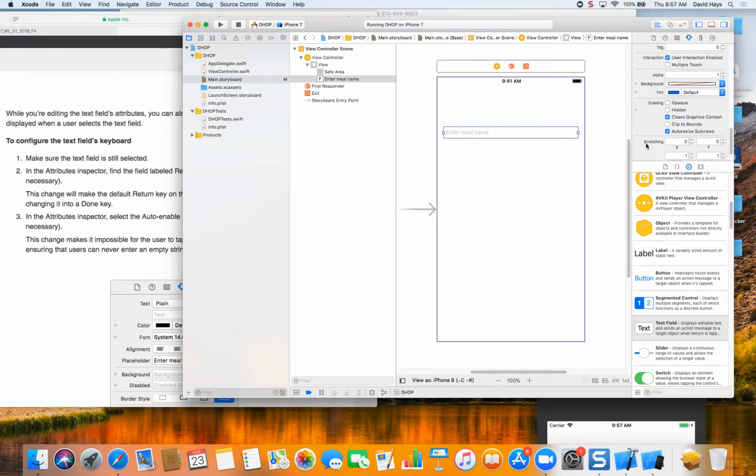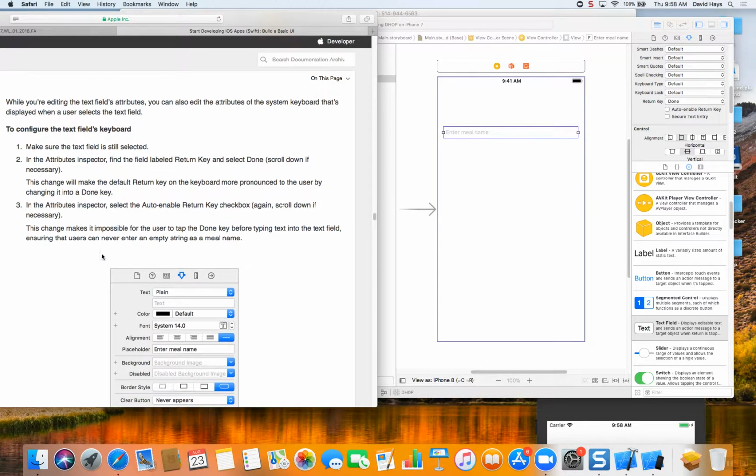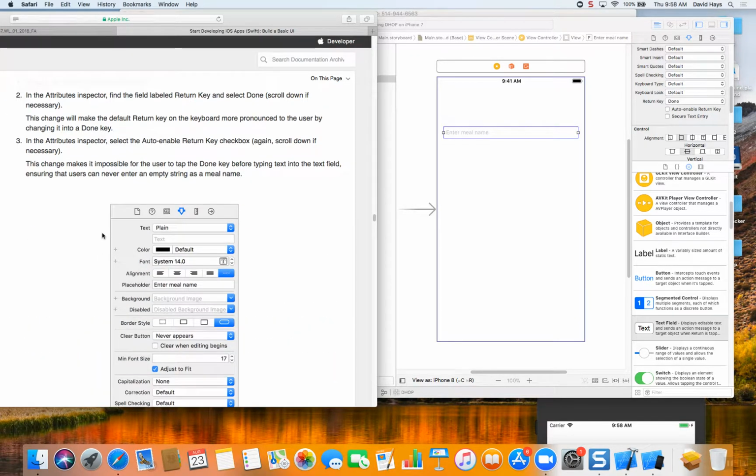I had trouble seeing this the other day too. There it is, return key. So you choose that, and then you click on done. They also want us to, in the Attributes Inspector, select the Auto Enable Return Key checkbox. Again, scroll down if necessary. Auto Enable Return Key. If you put your mouse over it,